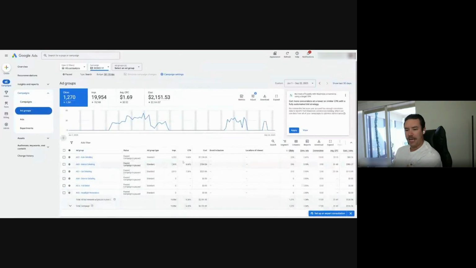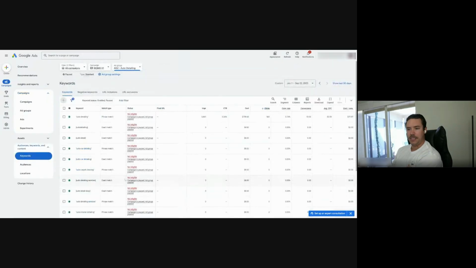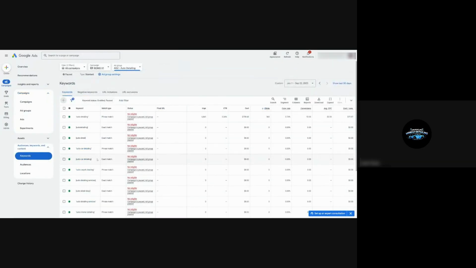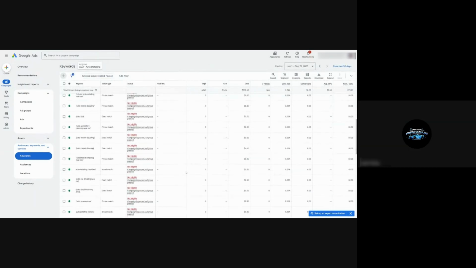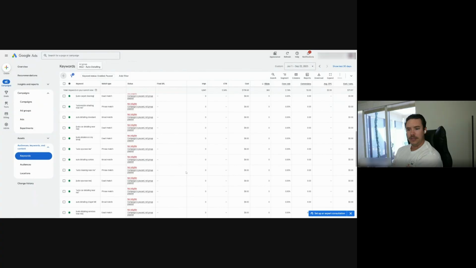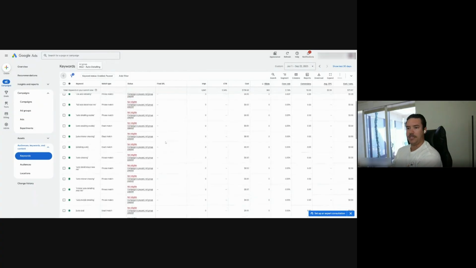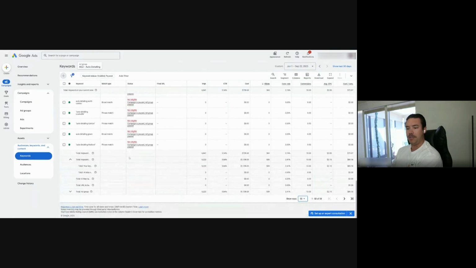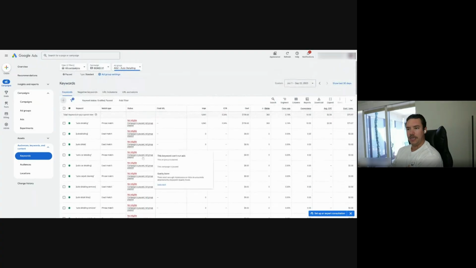If I go to ad groups, let me take a look at these keywords. I've actually updated them, and I haven't even run the new updated ones. Okay, nice. Yeah, no problem. You can check the old ones or not. Yeah, these ones are good. I should be able to see all of them because I have enabled and paused, but unless you completely remove them, I won't be able to see it. But this is plenty.